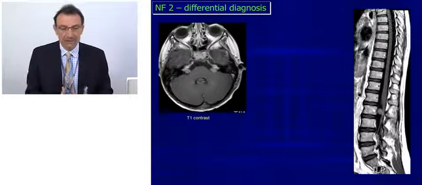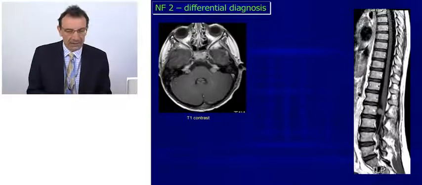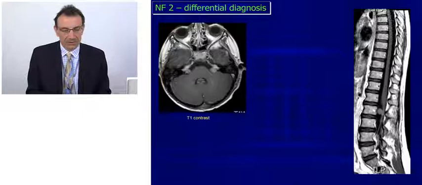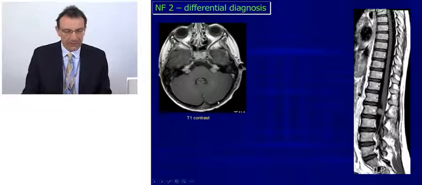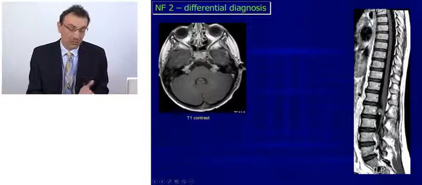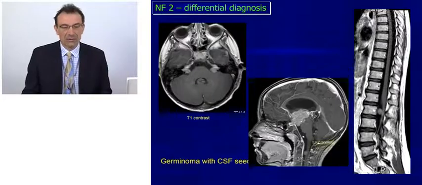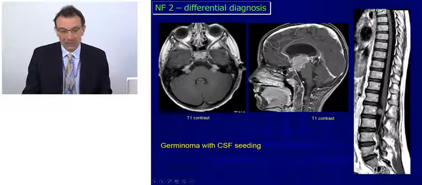Concerning differential diagnosis, this is not so complicated in those specific syndromes. However, this one case is quite interesting, because it was a patient where we just applied the contrast. We've seen bilateral tumors close to the internal auditory canals. We've seen a tumor inside the spinal canal, so the suggestion was that it should be neurofibromatosis type 2, but it was a germinoma, nicely seen, of course, on a different plane, on the sagittal plane here,